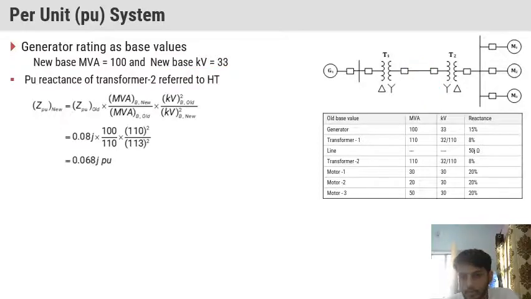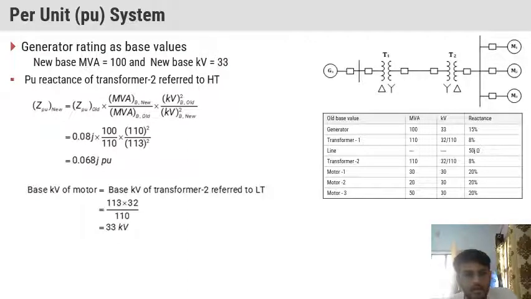Then we have transformer 2, which also has a different rating like this. We calculate and get the same per unit value as T1, because the ratings are similar. Now we talk about the motors. Again our base kV will change, and this can be found by using the turn ratio. Use the turn ratio to calculate the new base kV for the motor,